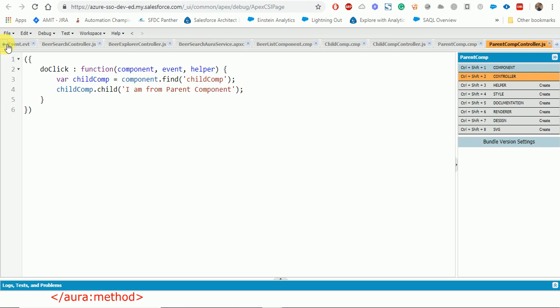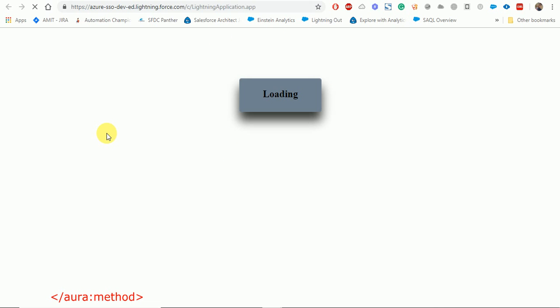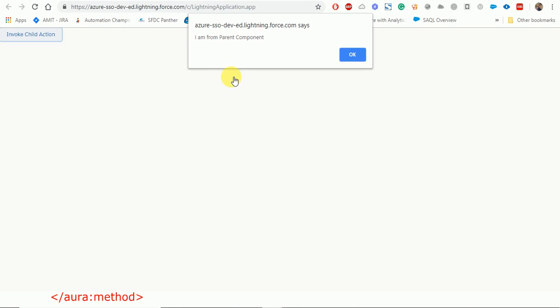And now let's go ahead and put the parent component in the application. Here, instead of psh, comment this out, we will use the parent component, and we will see if we are able to see the alert that we put in the child component or not. Child action, and you can see that "I am from parent component", and this alert is in the child component